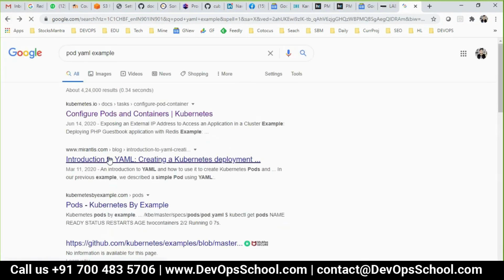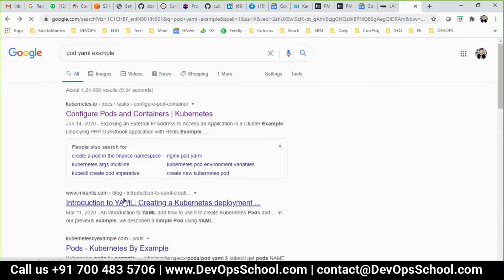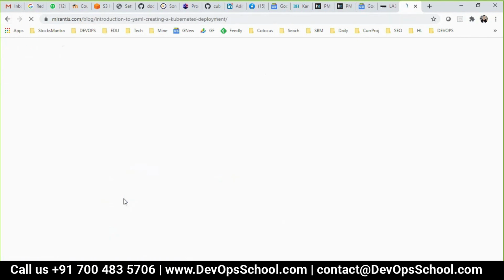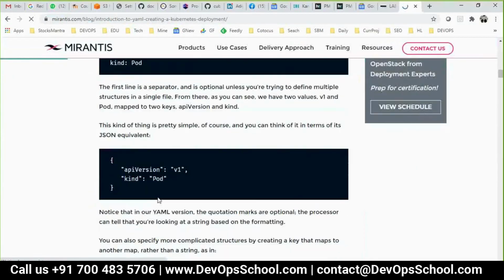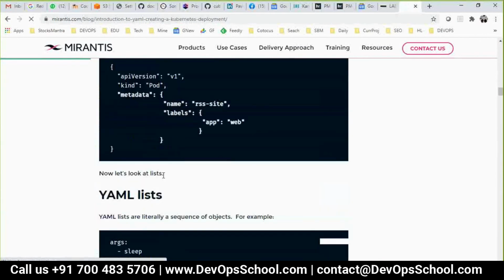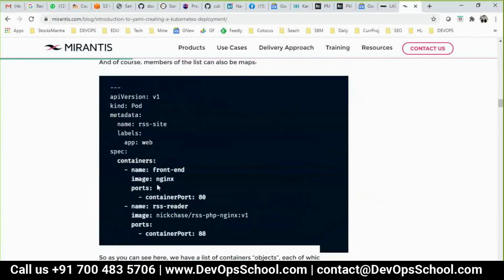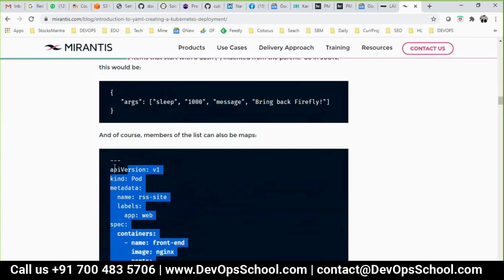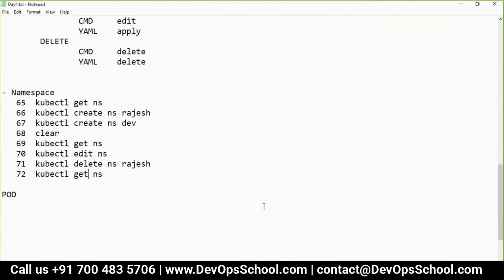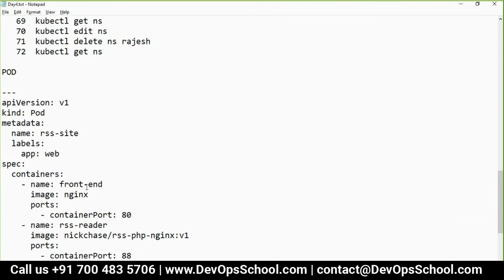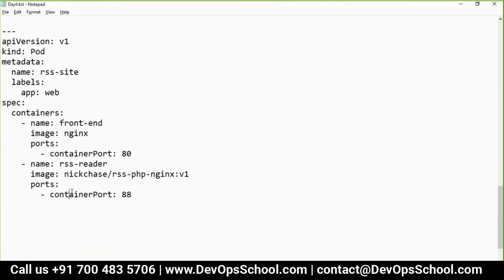This is a complicated pod.yaml you were about to get, but I don't want that complicated. I want a simple one, because if I complicate it, you get lost. This is a simple one, by the way.